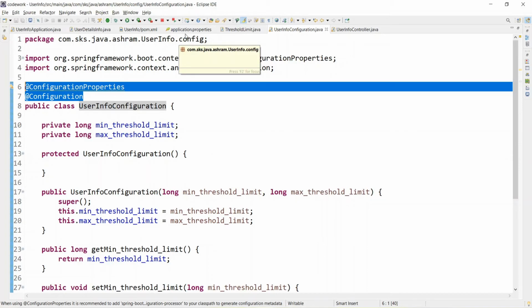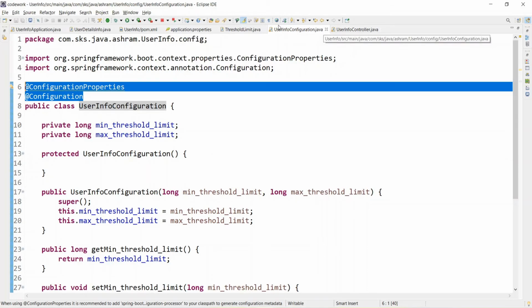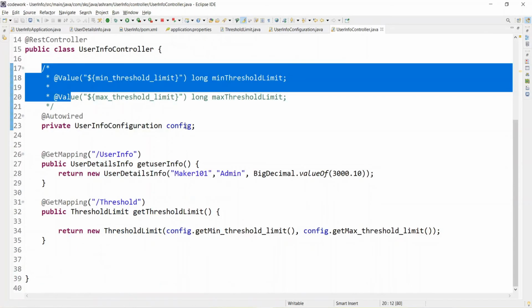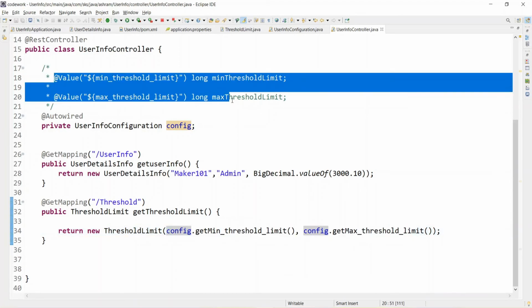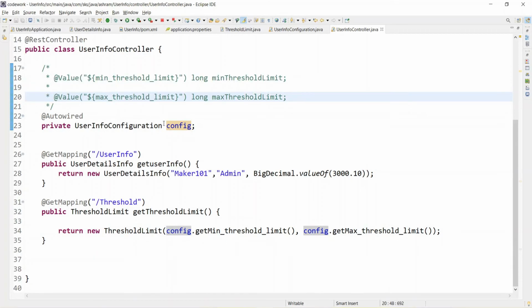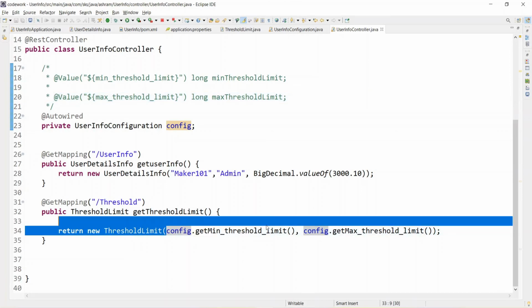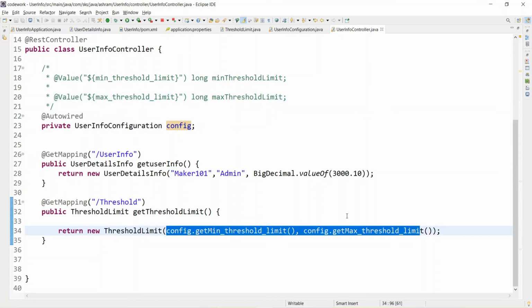And now it's ready to use. This is the way Spring Boot suggests to read the properties file. Instead of reading the properties file using the Value annotation, read it using ConfigurationProperties. Use the Autowired, put into the bean, and wherever you require, you can get it from that bean only, and you can get the result.